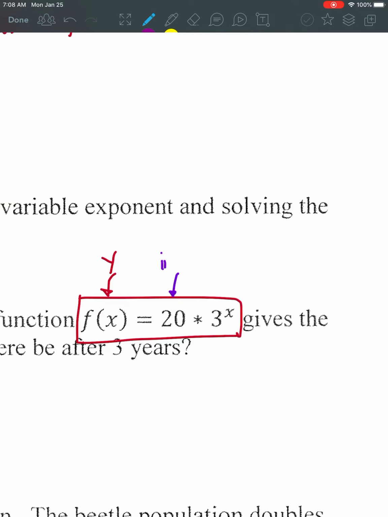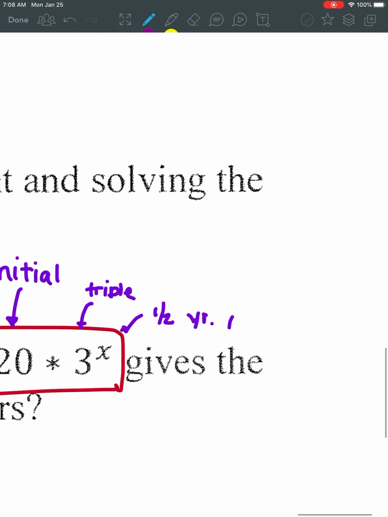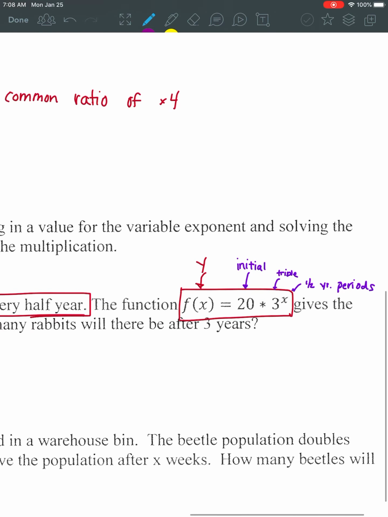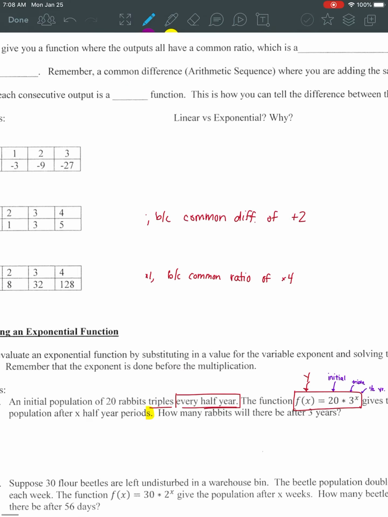So if you notice in our equation over here, the 20, that is our starting value of the rabbits. We know that, can't spell initial. We know that it's going to triple every half year. So there's the 3, that's our triple. And then the x stands for half-year periods. Okay, so that's where that equation comes from. Eventually, we're going to be writing those on our own. And I can't spell periods either. So half-year periods. So what we need to do is fill in that x value and solve this, but we